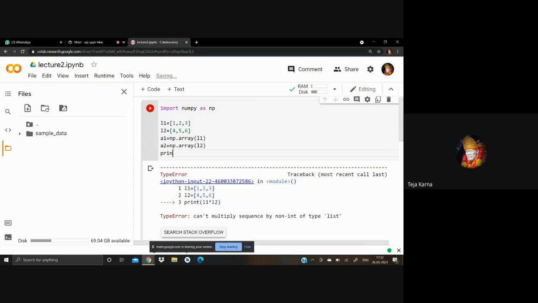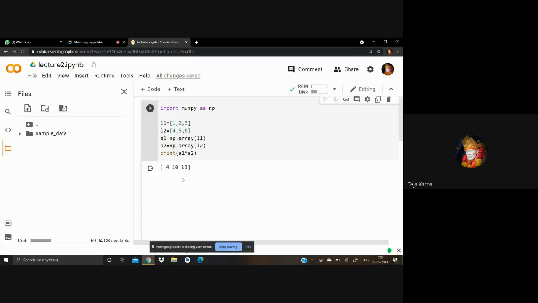Now when you print A1 star A2, it generates 1 into 4 is 4, 2 into 5 is 10, and 3 into 6 is 18. So the basic use of NumPy is to provide functionalities that we are not able to use with lists. This is a basic example of that.